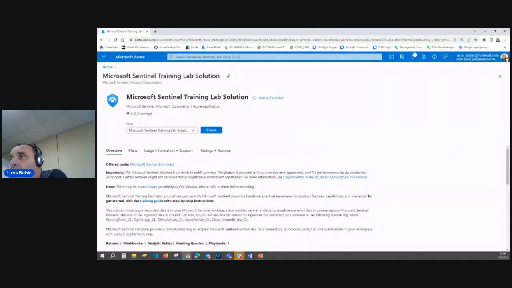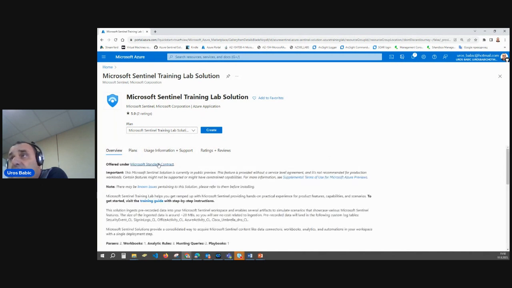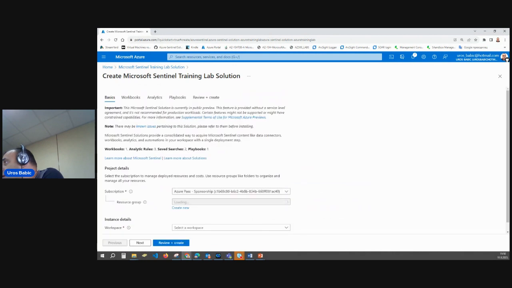You can see this feature is amazing and provided without a service level agreement, so it is not recommended for production, but it is very good for exercises when we deal with parsers, workbooks, analytic rules, hunting queries, playbooks, and how to investigate incidents. You can use all the information here. I can just click here in order to create, and I link